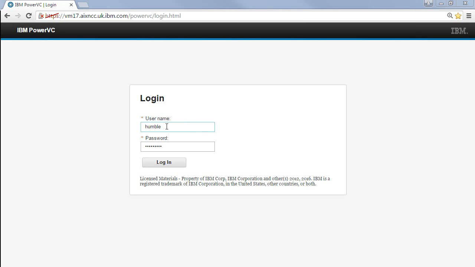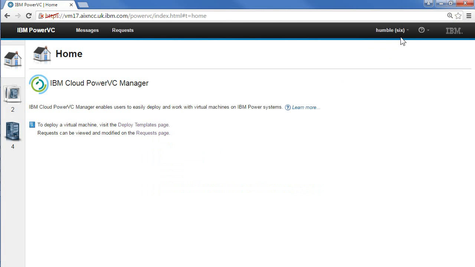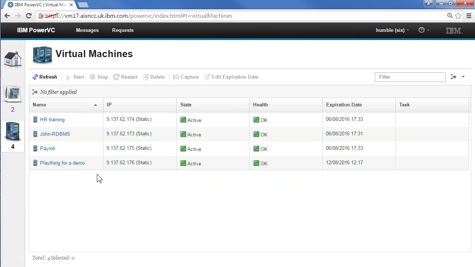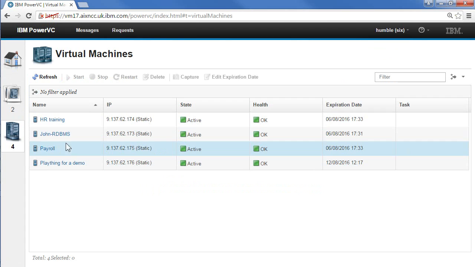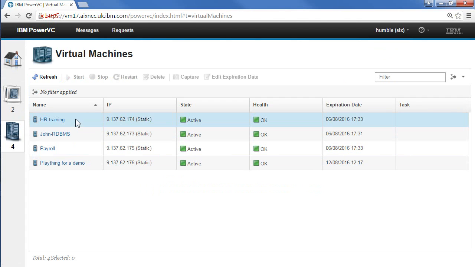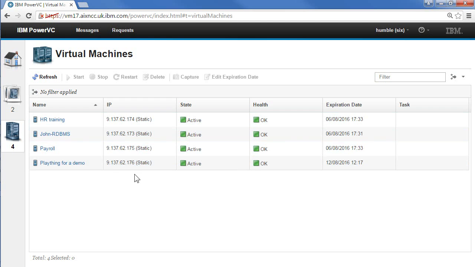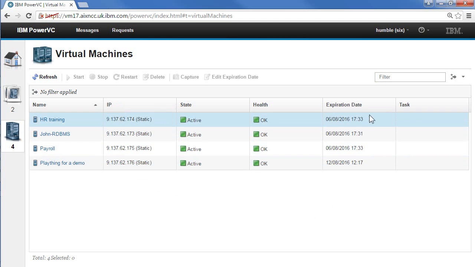So we're going to log in as this user called Humble. They're humble because they're only the self-service user, but they do have access to a number of projects. So Humble is logged in as a project 6. We have here a bunch of virtual machines. These don't look like host names in particular because they're more to do with what the user is expecting. We can see the actual IP address that's been allocated. I've got an address range, and you can see them slowly going up in here,